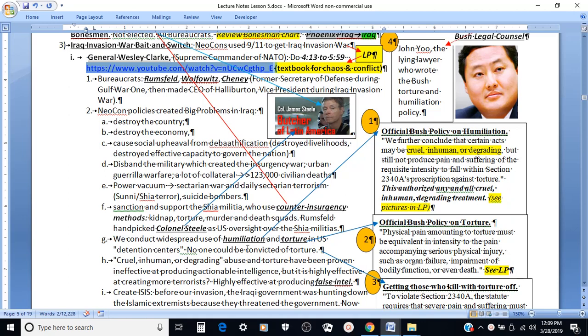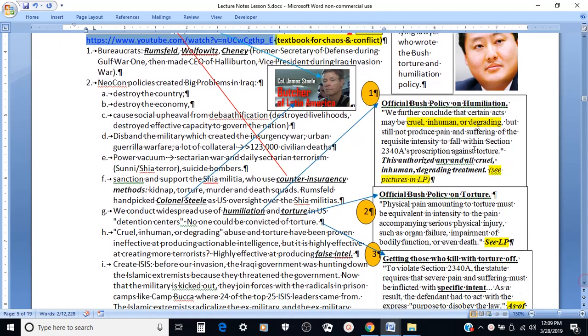All right, and what I want to do now is read the Bush policy on torture. This is the Bush administration legal statement on humiliation and torture. So on page number 1, they outline what humiliation is and what torture is, and what it isn't, right? Page number 2, they say how everyone gets off. No one gets convicted of torture, if conducted. All right, so first thing is,